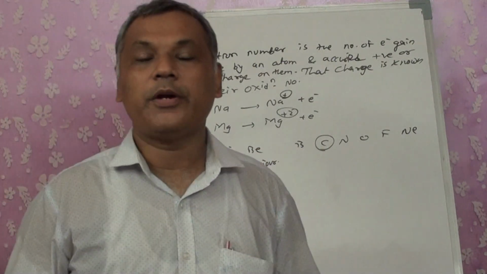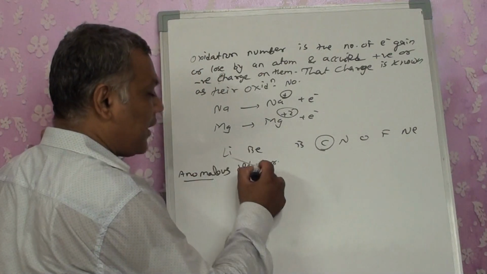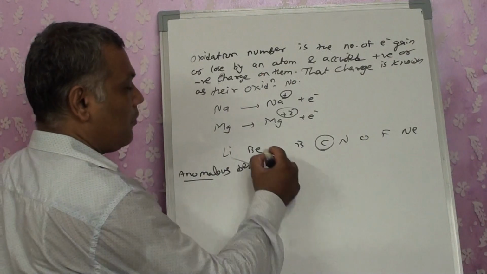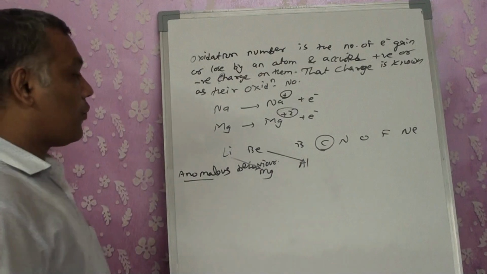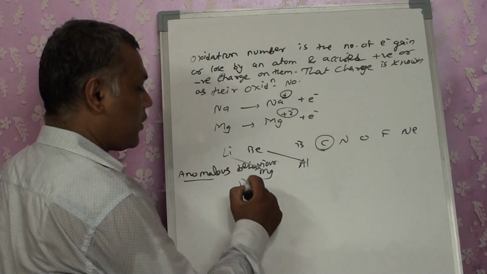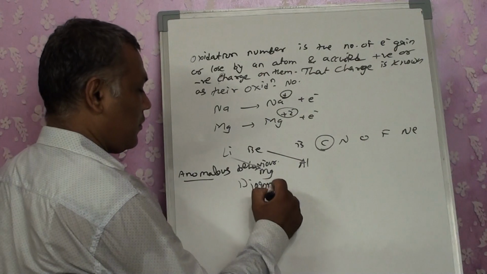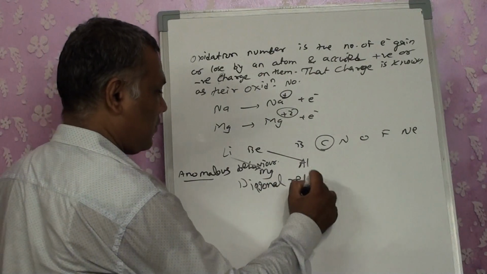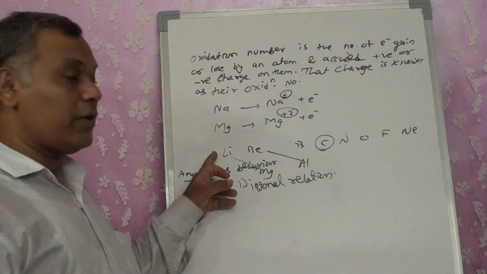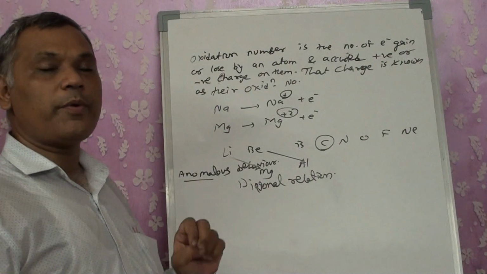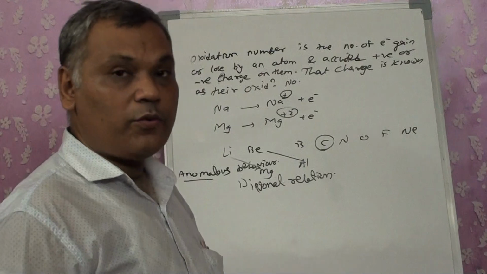This change in the property is depending on what? Lithium will have a behavior similar to magnesium. Beryllium will have a relation with aluminium. So what is it known as? Diagonal relation. They are having it diagonally. Element of lithium, first group, has the same property as magnesium. Beryllium has the same property as that of aluminium.